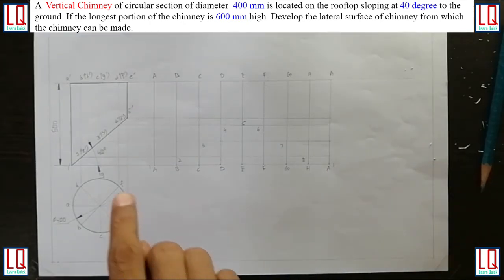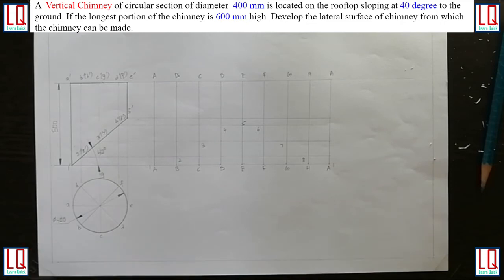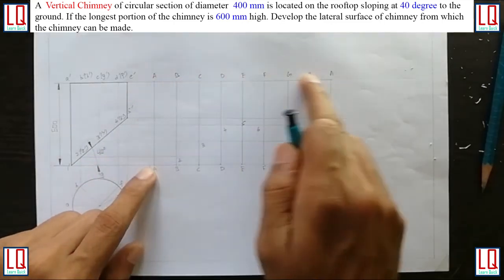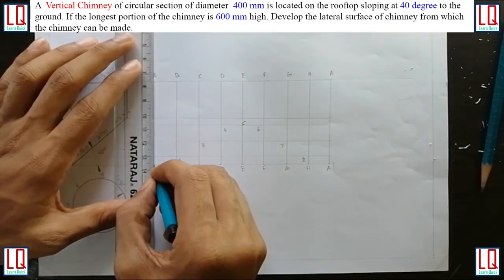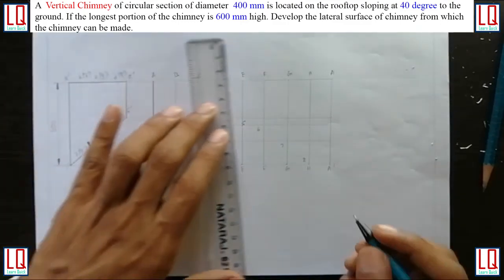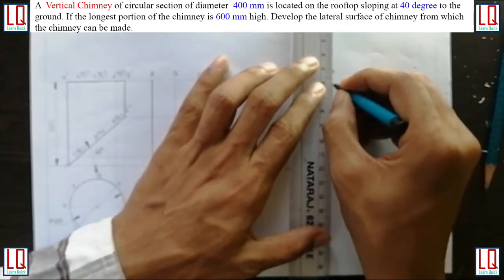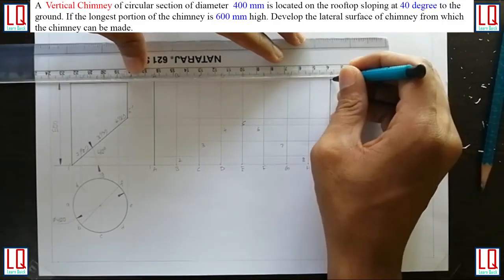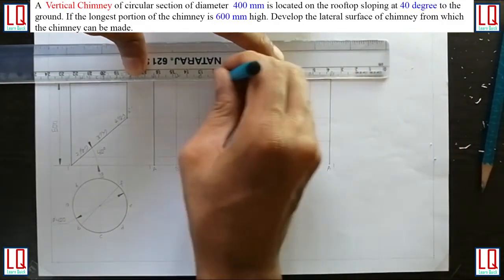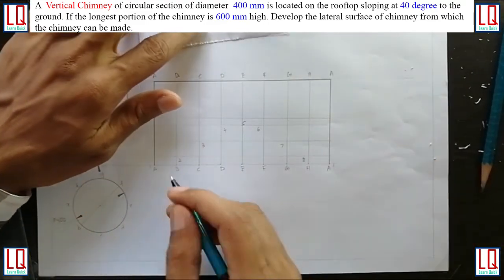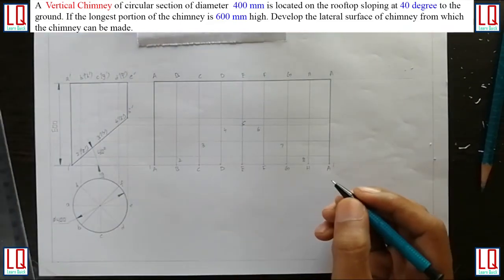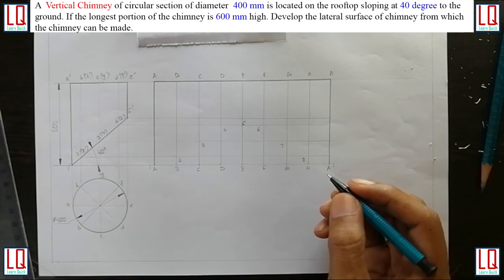Okay, so now we are going to draw the lines with the help of an HB pencil, whichever is remaining after the material is removed from here. We are going to draw only the boundary which is remaining. With the help of an HB pencil, I am making this in HB because it is remaining. This line is remaining, and the top circle is also remaining. Now to join these points, I have to use freehand, or I can use the French curves to join.